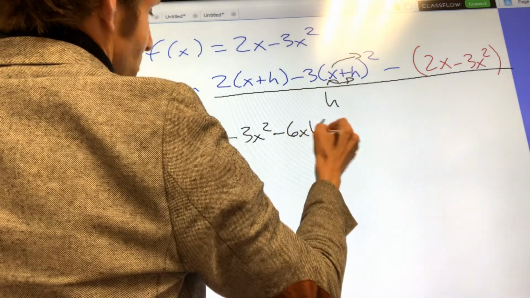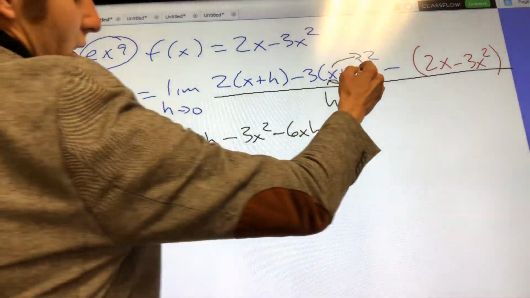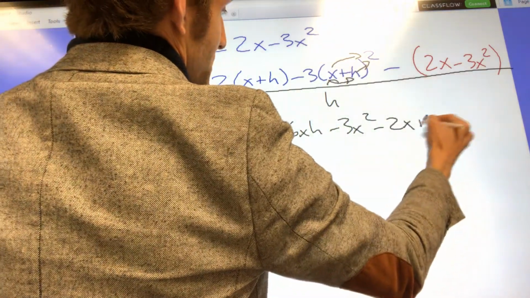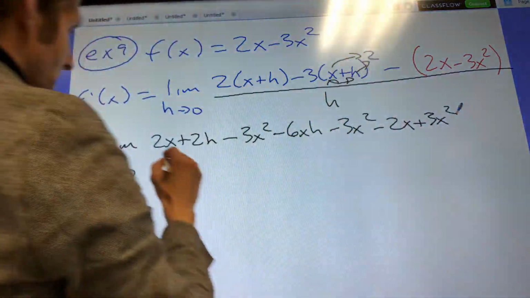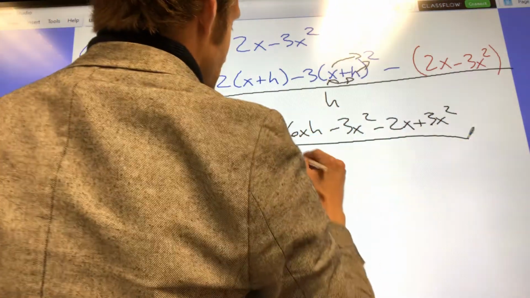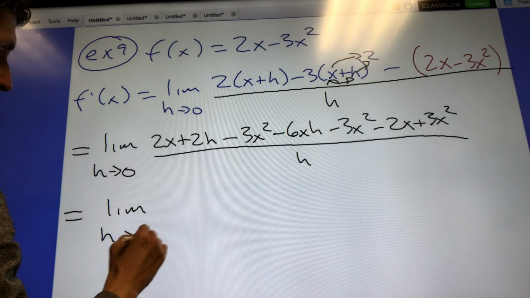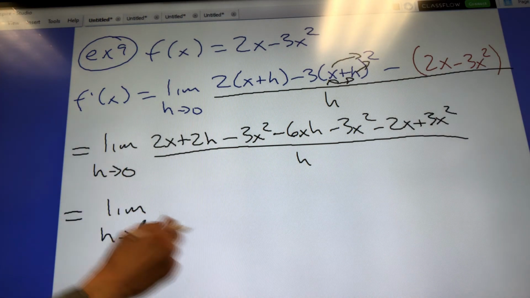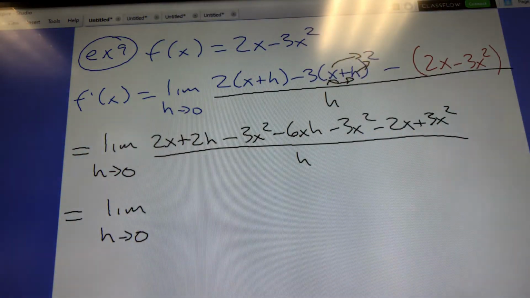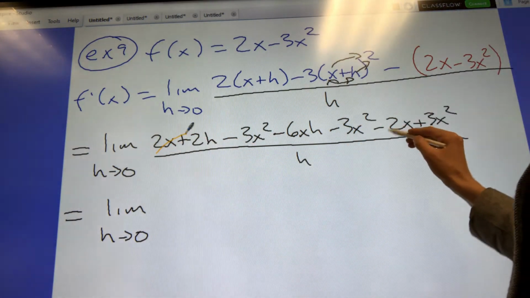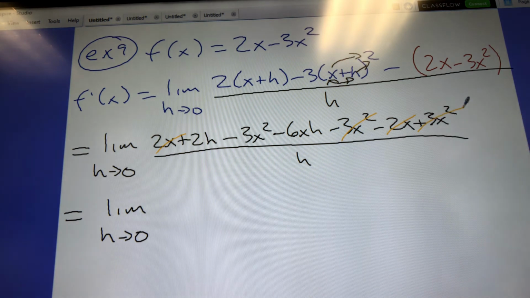Again, we should be good at algebra. h squared, multiplied by -3, minus 2x plus 3x squared, divided by h, which is the limit as h goes to 0. What cancels? 2x minus 2x, and negative 3x squared plus 3x squared. Then we have,